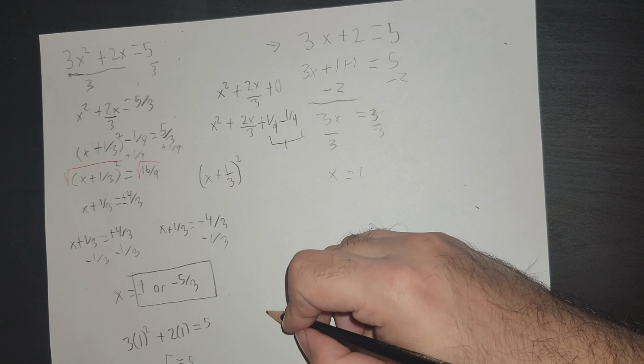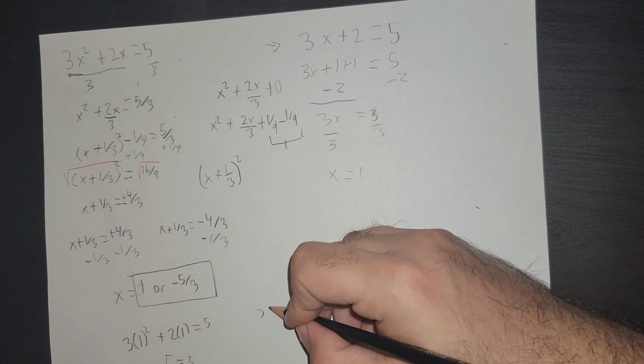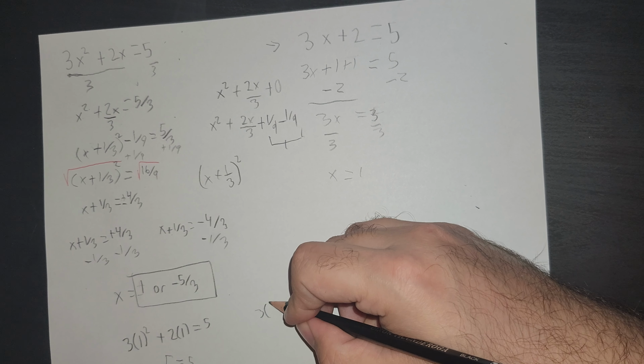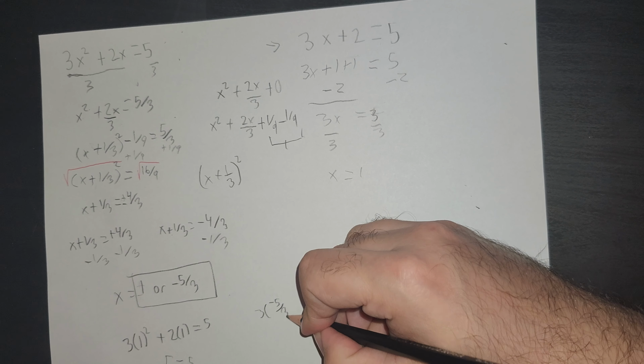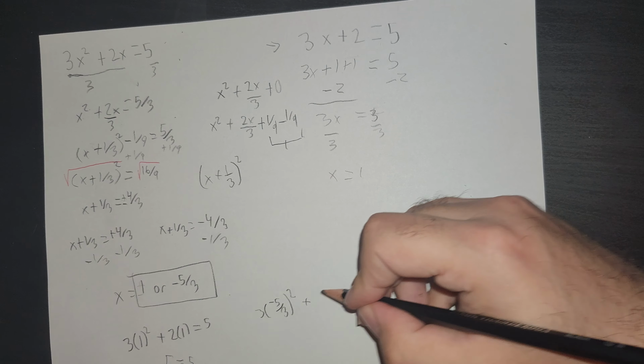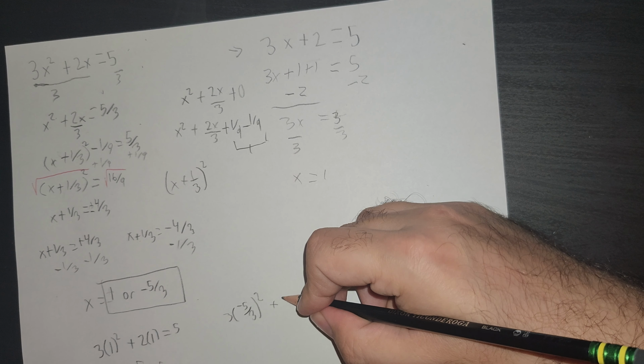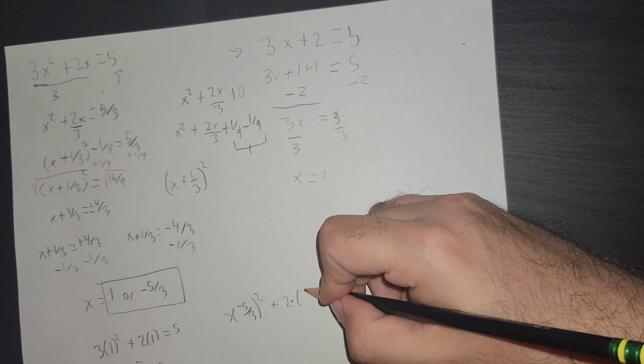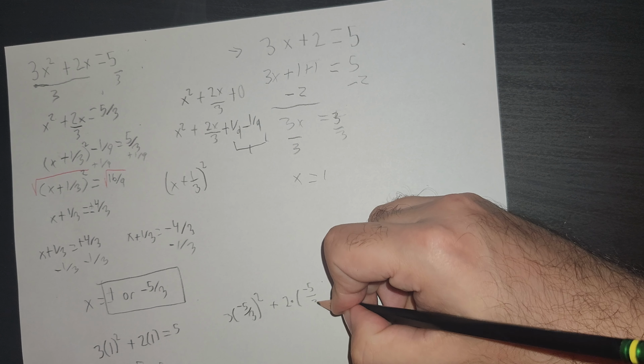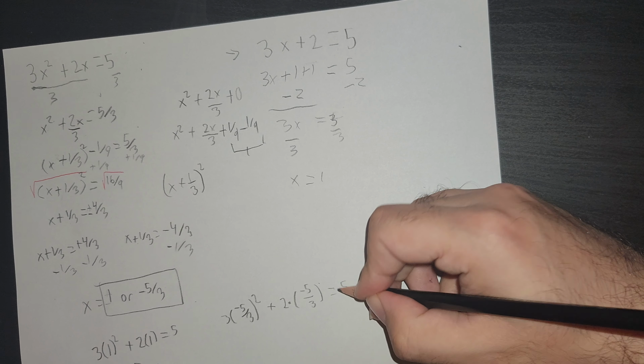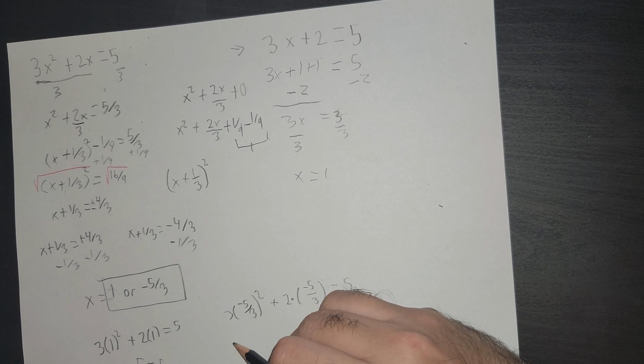And then if we go over here, we would have 3 times negative 5/3 squared plus 2 times negative 5/3 is equal to 5. So we would have